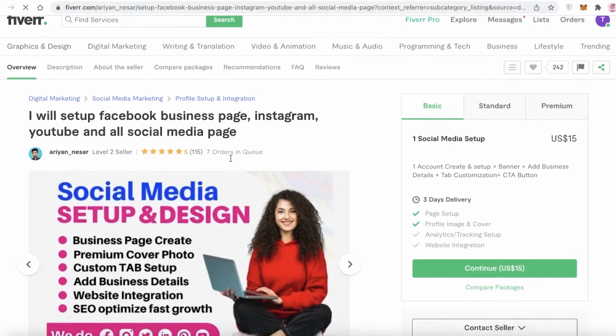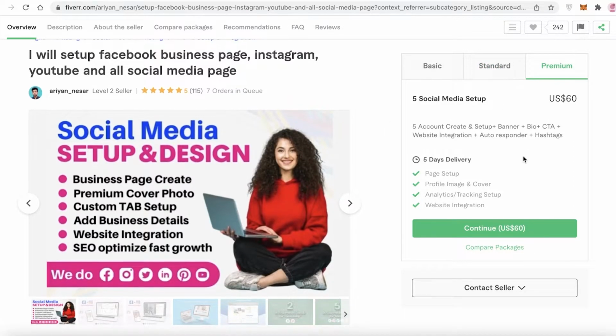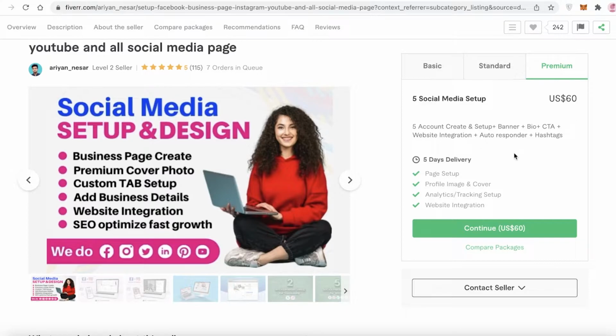And now once you click on a service that they're providing, you can see the basic version, then you have the standard, and then you have the premium, and then you have these ticks over here where you have the features that they give you or the basic services that they provide. So in the basic version for $15, they include paid setup and profile and vision cover. On the standard, they have analytics and tracking setup and website integration. And on the premium, they have paid setup, website integrations, and much more with banner, bio, CTA, web integrations, autoresponders,